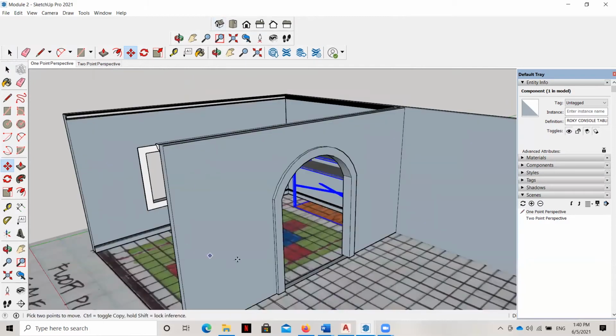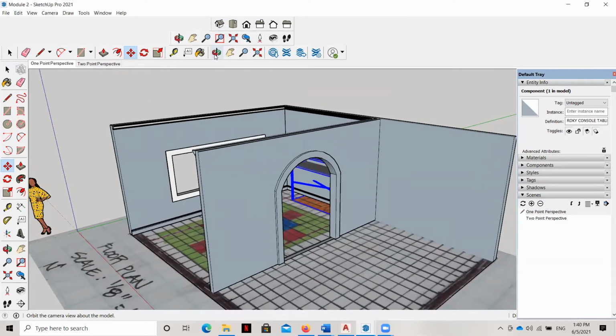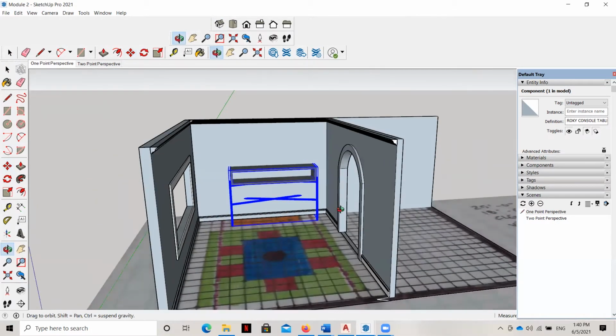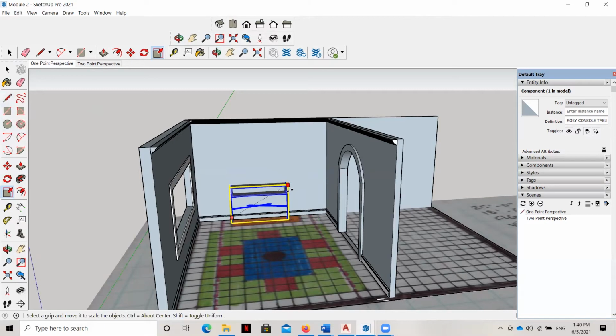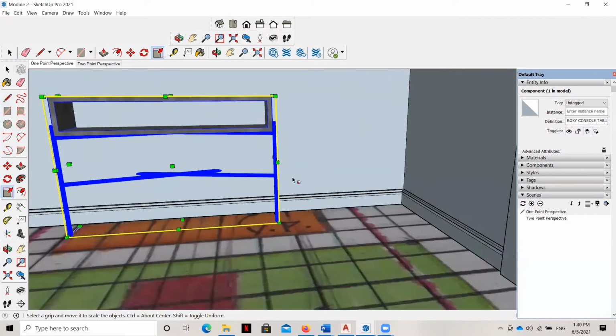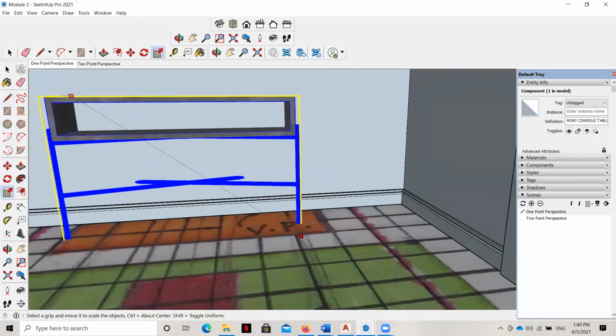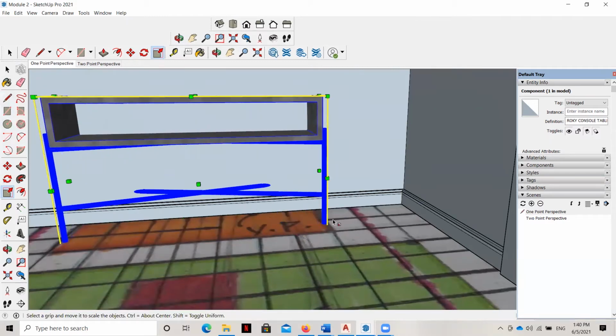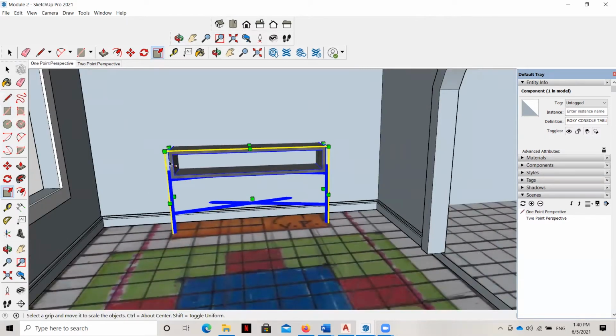And let's take a look again. I suspect it's still going to be a little too large. And so all I'm doing is grabbing and adjusting the size of these things until they fit my model. You can see here I can stretch it out. And I can bring it down.